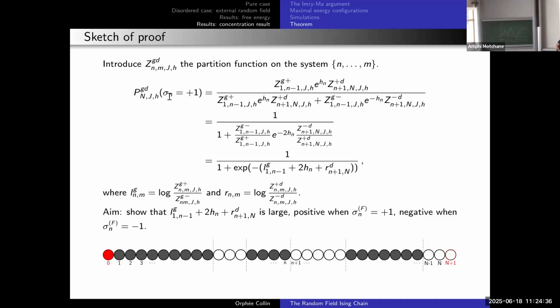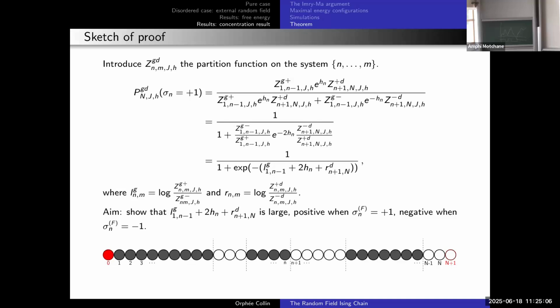We consider the event that sigma n is equal to +1. You need to consider the contribution of all the configurations that have sigma n equals +1, and in fact you can see that this is equal to what I wrote here in the numerator, because if you fix sigma n, then you have the exponential of hn,